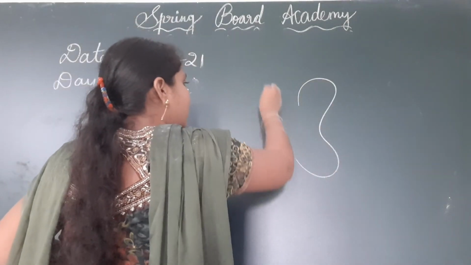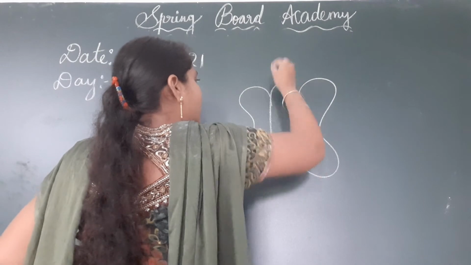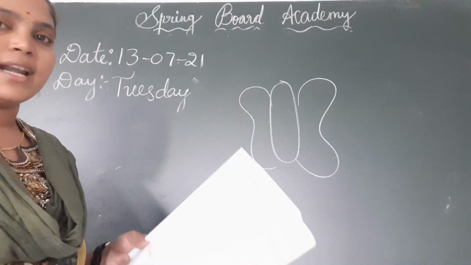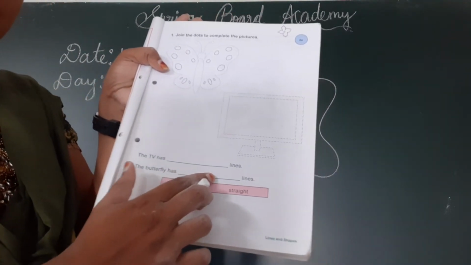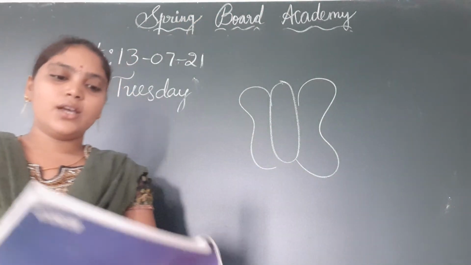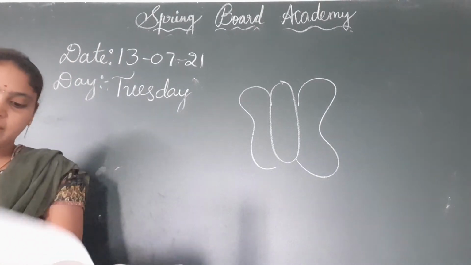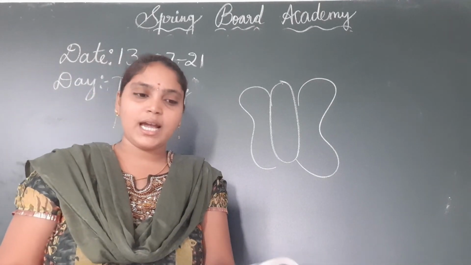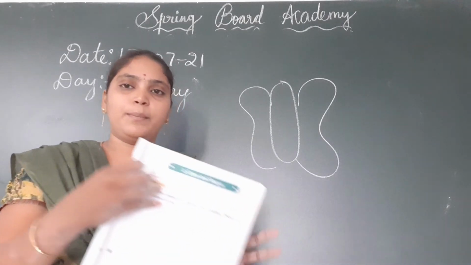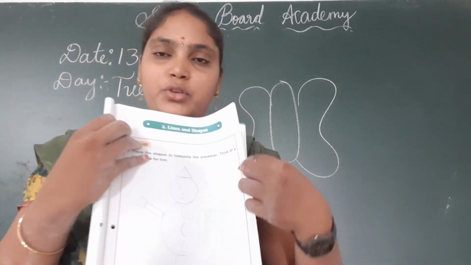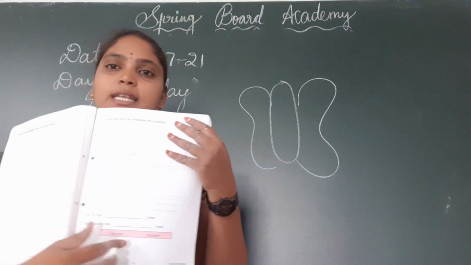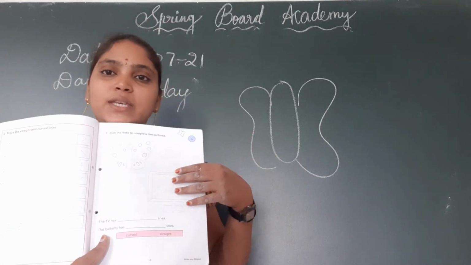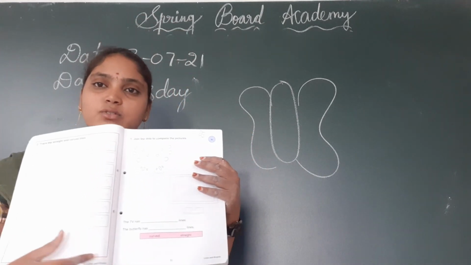So, is this straight lines or curved lines, children? The butterfly is like this, no. So, is this straight lines or curved lines? Curved lines. So here just write curved. The butterfly has curved lines. Okay, the butterfly has curved lines. So like that we have to complete page number 9, 10 and 11 in the companion children. In page number 9 and 10 you just have to trace. In page number 11 it is also the same children, just trace it and identify whether these pictures are formed by curved lines or straight lines.